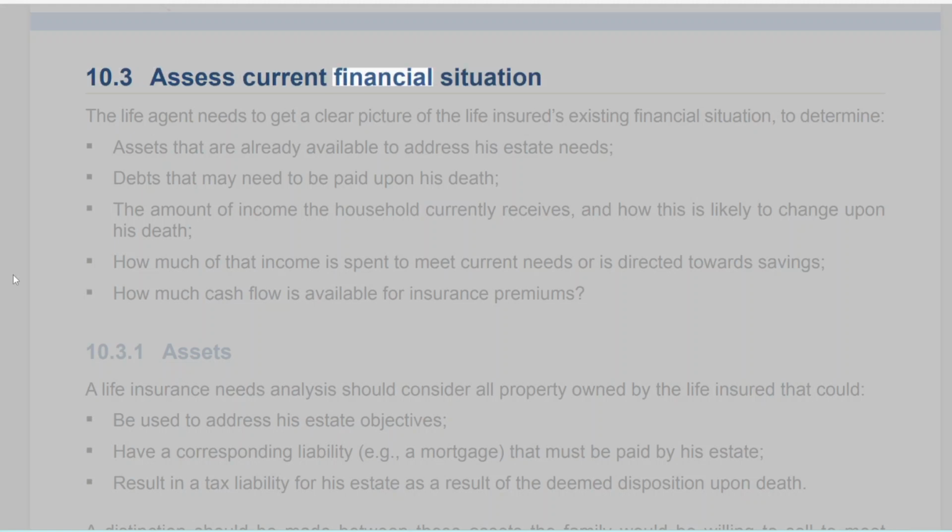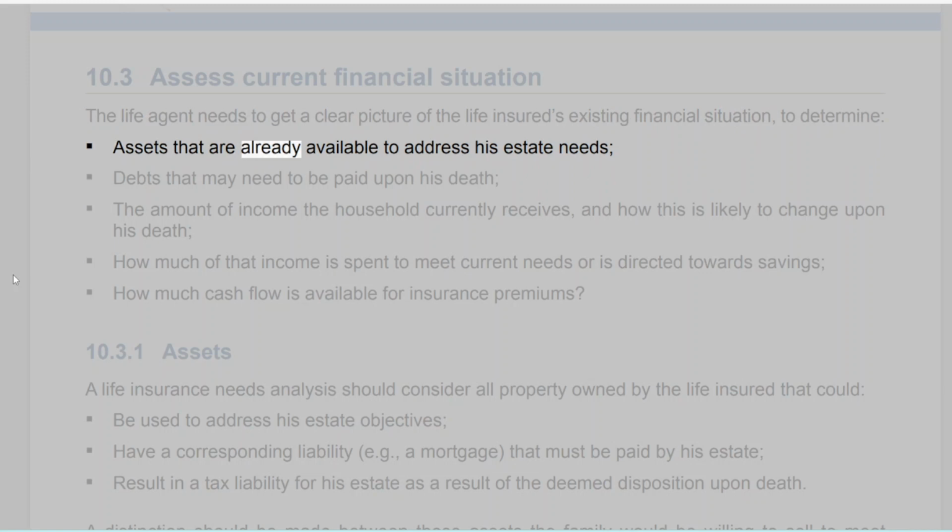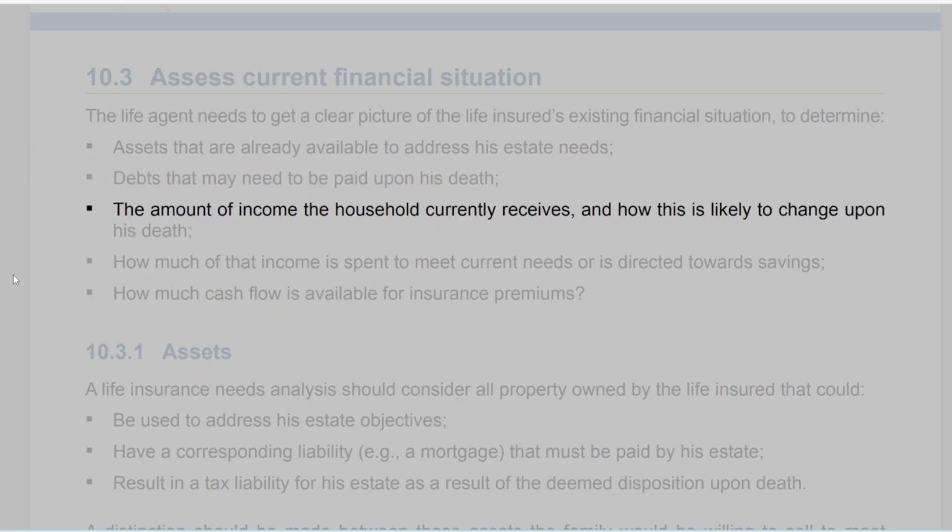10.3 Assess current financial situation. The life agent needs to get a clear picture of the life insured's existing financial situation to determine: assets that are already available to address his estate needs; debts that may need to be paid upon his death; the amount of income the household currently receives, and how this is likely to change upon his death;